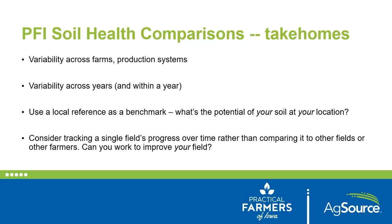There's been a few studies in the scientific literature that have reflected that as well. It really gets you a sense of what's the potential of your soil at your location, so that you're comparing against yourself or your region rather than against a farm or a farmer or a management practice or a system that's not applicable to you or your location,